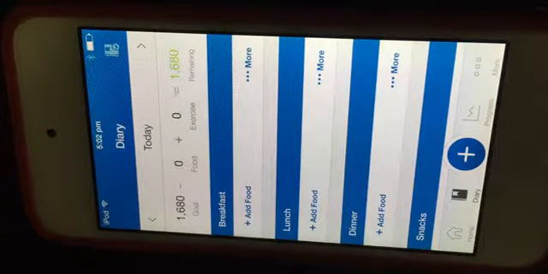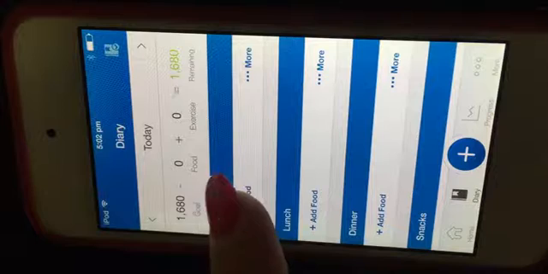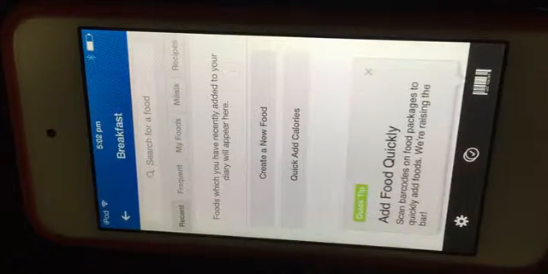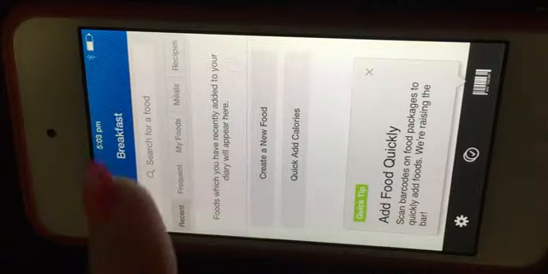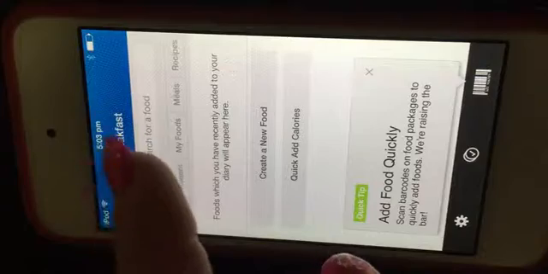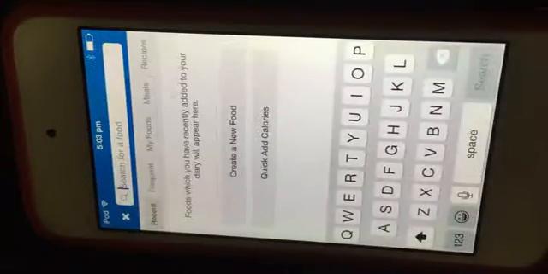So this is probably the peskiest part of the app, the very first time you go to add foods in. So I'm going to show you the way that I do it, and maybe some shortcuts, and we'll take it from there. So luckily for me, I eat the same thing for breakfast every day. So the first time you go in, you're just going to search for the food that you had. So my breakfast every day consists of,